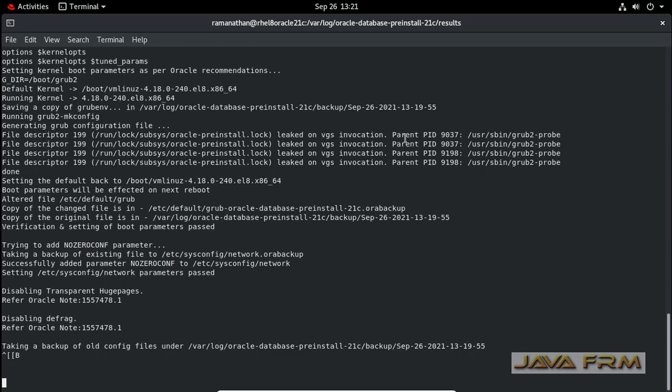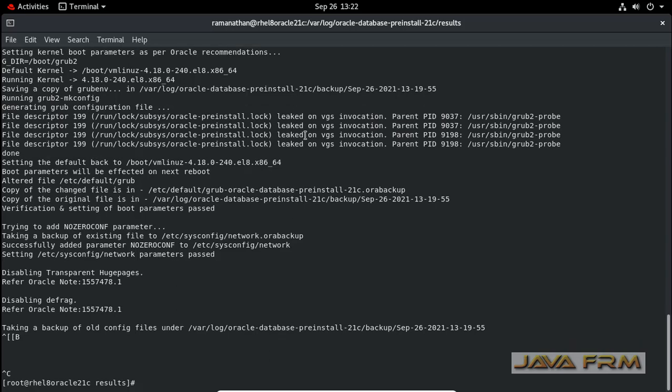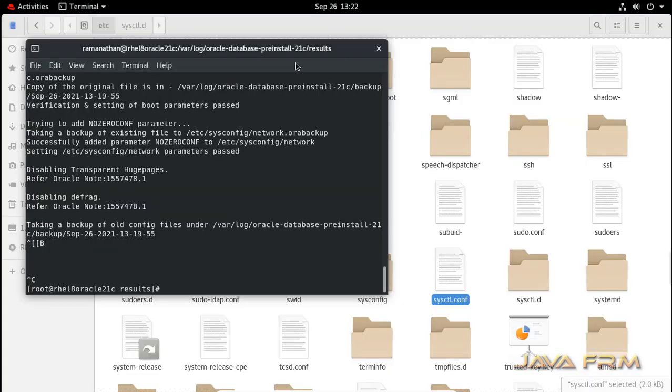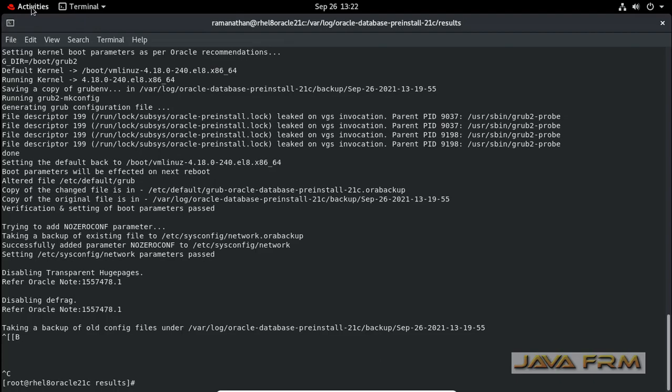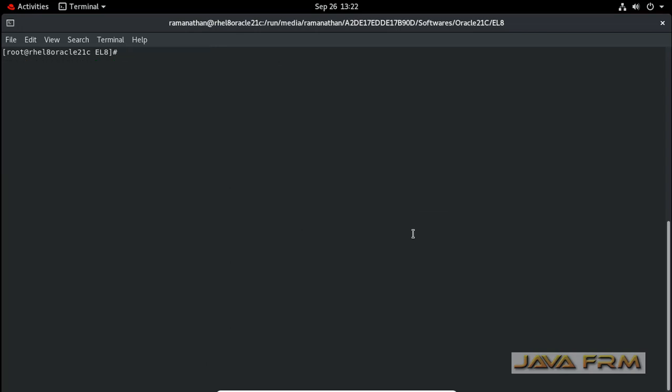Here you can see what this RPM has done. It has taken a backup of previous files. This will be useful for users who want to know the details of what this pre-install RPM is doing.